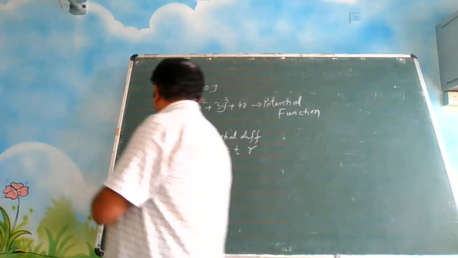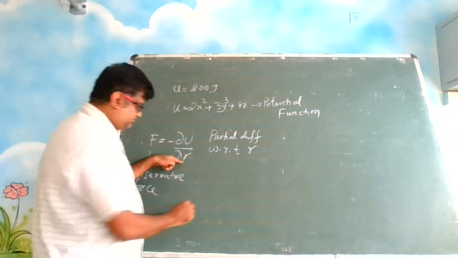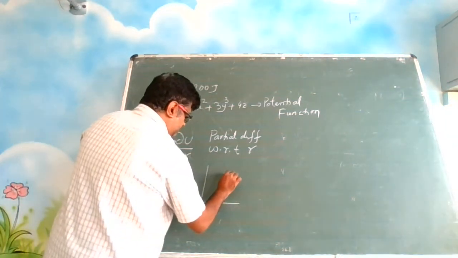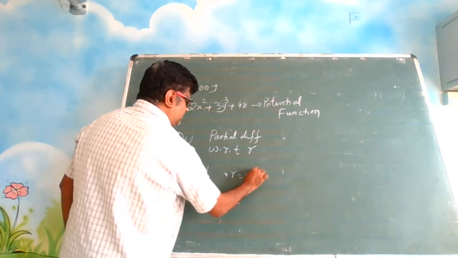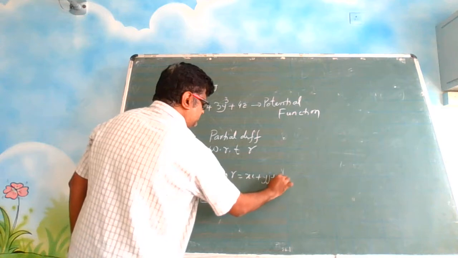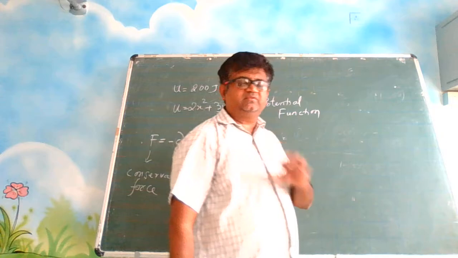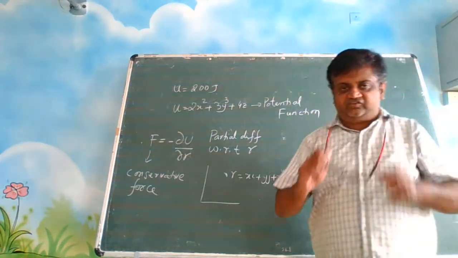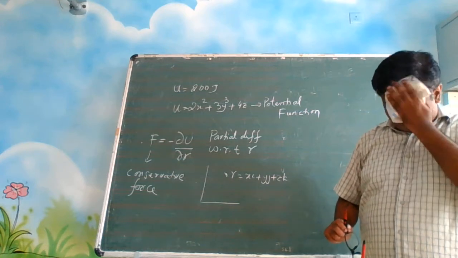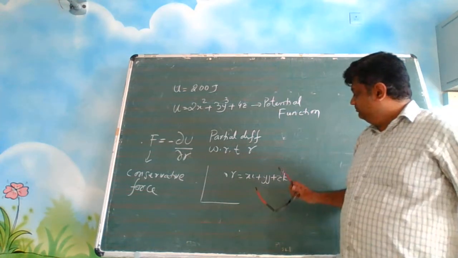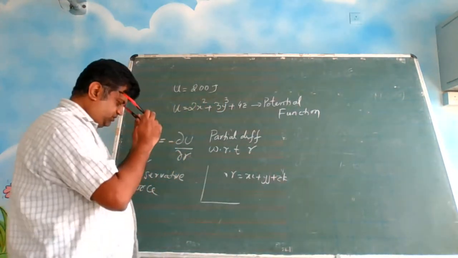Now here remember R vector. What is R vector? R is the position vector. General terms, how can you write? xi plus yj plus zk. If there is a point in space, 1, 2, 3 means what? 1 is x and 2 is y and 3 is z, right? So this is the general way of writing the position vector.